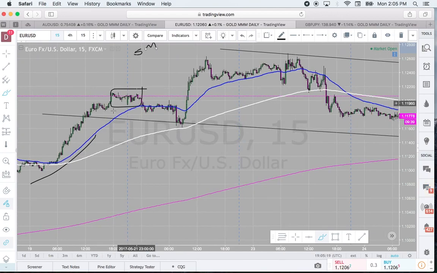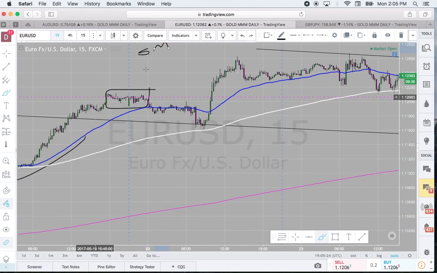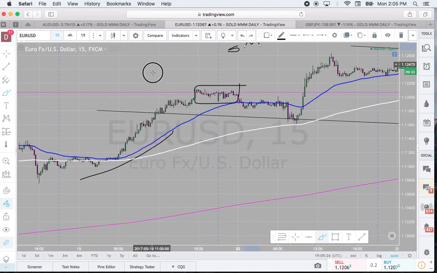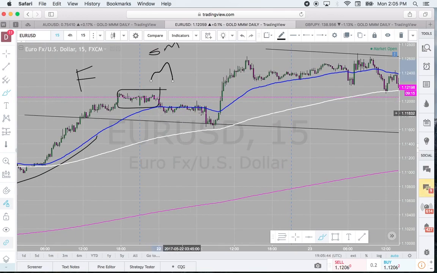What happens Sunday, Monday? Sunday, Monday, we can always expect, or I should say Friday into Monday, we can always expect that consolidation, and then what do we expect? We expect that trap move